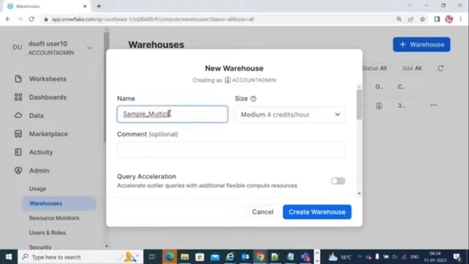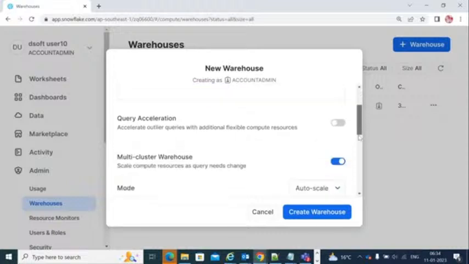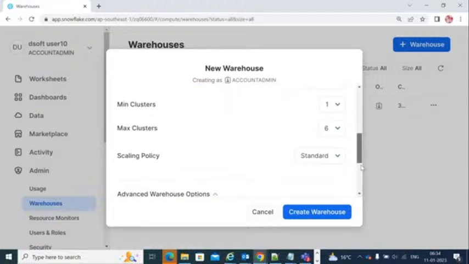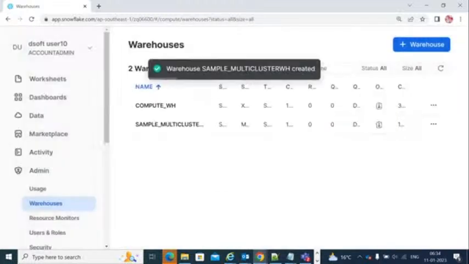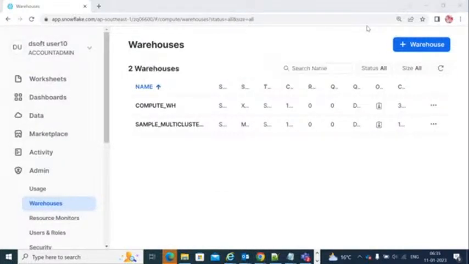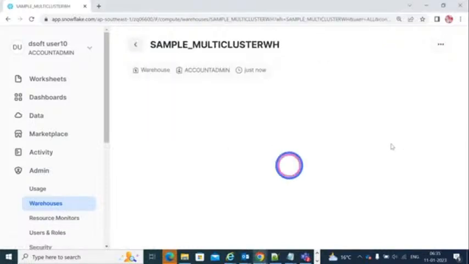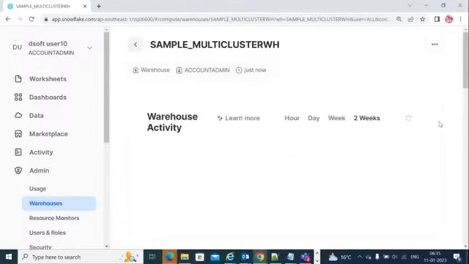My question is only that whenever we define 1 to 6, then as per the data, Snowflake internally increases. Suppose we have 10 TB data, then we will use only one virtual warehouse, only one. Then if